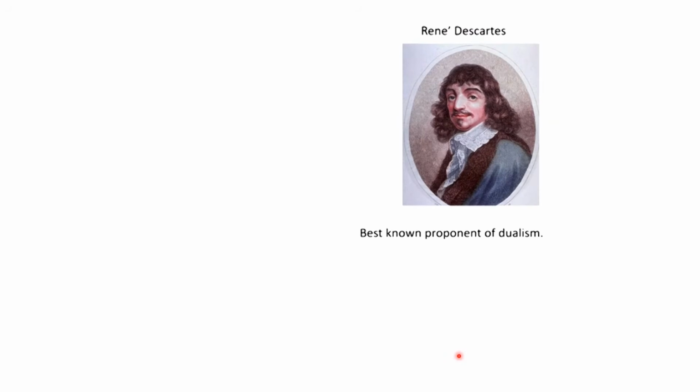Historically, the idea of dualism has been more favored in the past. And one of the most famous proponents of dualism was this French scientist and philosopher René Descartes. Some of you are probably familiar with his name. He is the one after whom the Cartesian geometry is named. So he was also a mathematician in addition to being a scientist and a philosopher. He's also the one who gave the famous quotation, "I think, therefore I am." So he was a well-known philosopher of his time, and he had done also quite a bit of remarkable work